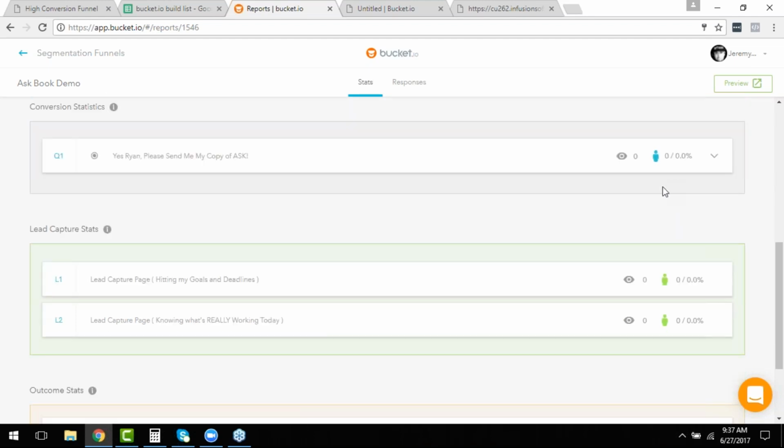Then in your conversion statistics, what we're looking at here is the number of people that see the question and answer the question. And what will happen is the more questions you have here, if the number stays the same all the way through, it should be a high number. We're talking anywhere between 70 to almost close to 100%. If that number starts to drop in any of the questions, here, let me jump back,